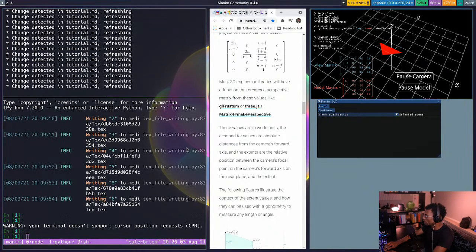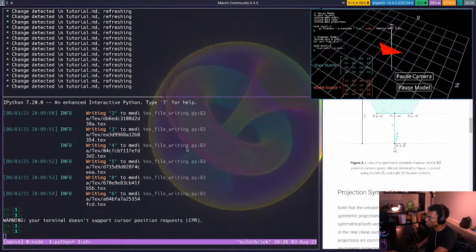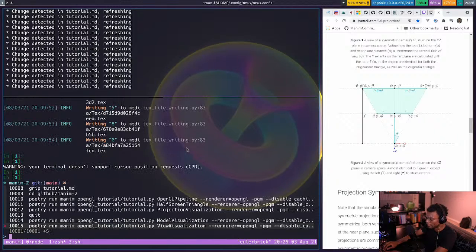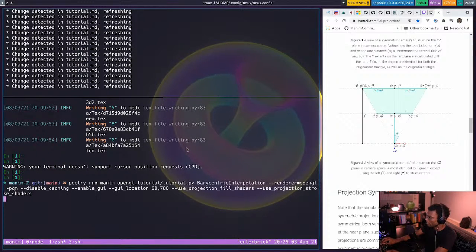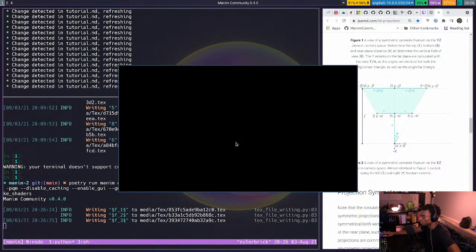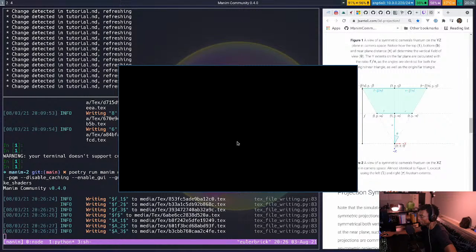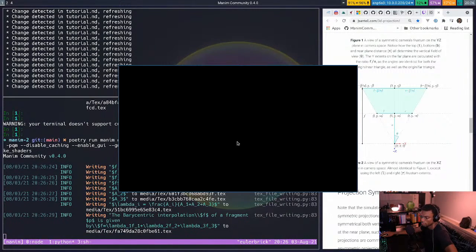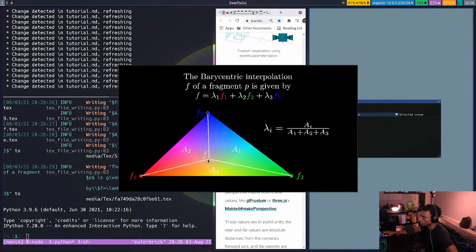I could write out what barycentric interpolation is. Actually, I probably should. But why would I do that when this picture is so good? If it appears, you can just read off what barycentric interpolation is. It's beautiful. But I should probably write something about lambda i's and a_i's and things like that.